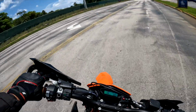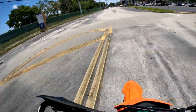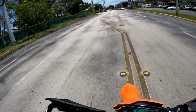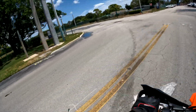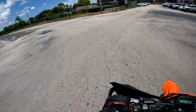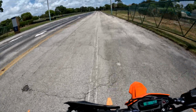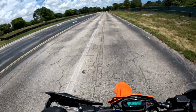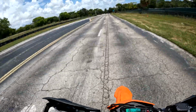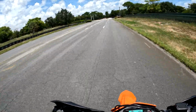However, I will tell you that when I did some emergency braking, it worked perfectly fine. Now the ABS did kick in a little bit. I had some skidding and some chirping, but it was very good. The braking was good, especially when I combine the front brake with the rear brake and you really get on it. I just don't like the setup because it just doesn't seem like it's very smooth and gradual with the